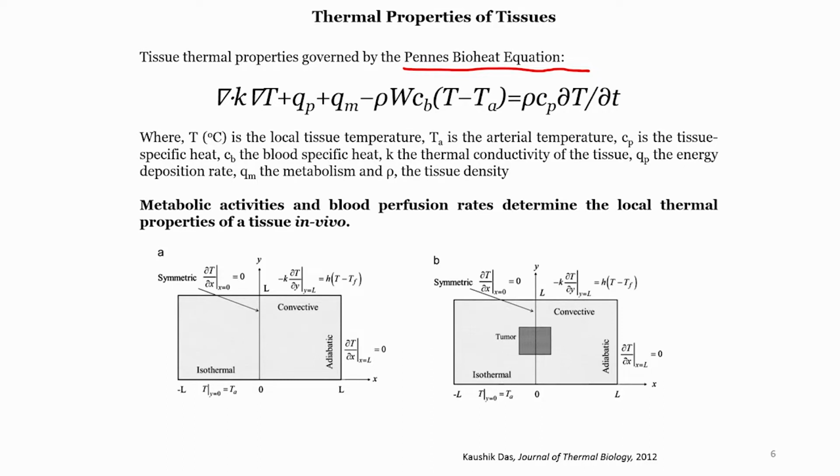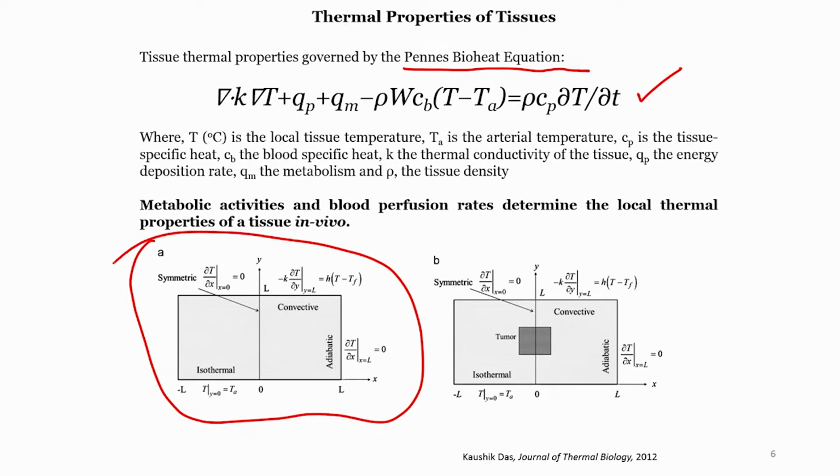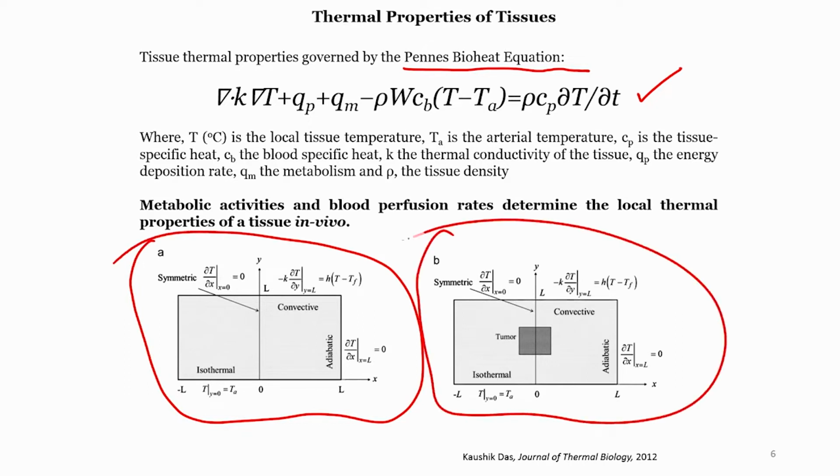So, today our agenda is that first we will revisit the Penne's bioheat equation and quickly understand again what the individual components of the equation are. Then I will run you through how you can thermally model a tissue interface, in vivo tissue, okay. And then what will happen if there is a tumor inside the tissue. So, how do we model that, what are the different interfaces, that we will cover today, and then we will